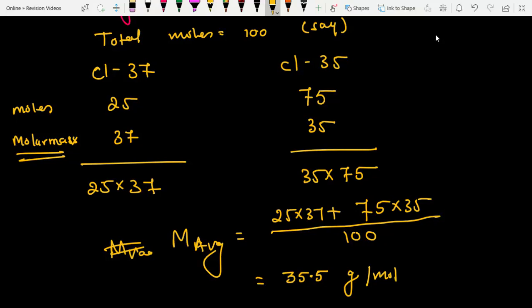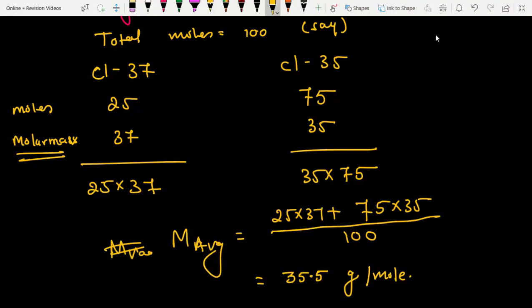per mole. So this gives us an idea that we can calculate average atomic mass of any number of samples based on the data given, and the data must be the molar mass of individual atoms in the sample, and the number of moles of the atom in the sample. If the number of moles is not given and percentage is given, what we will do is take any value of number of moles and assign percentage of those atoms to individual samples given in